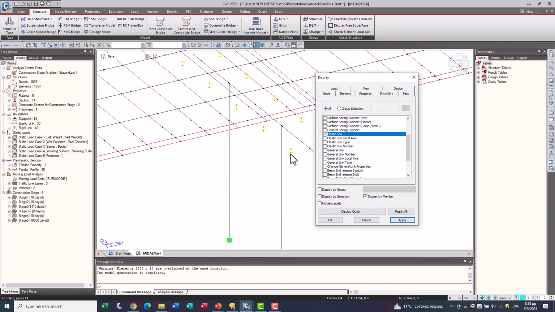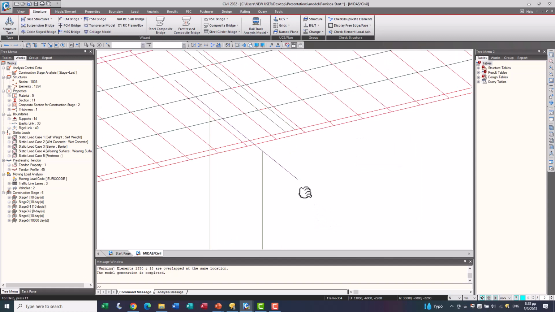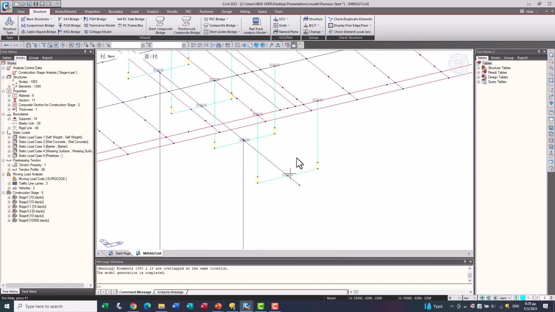Here we can see the supports, the elastic link between the two nodes. And here you can see the rigid link, which is the beam height.